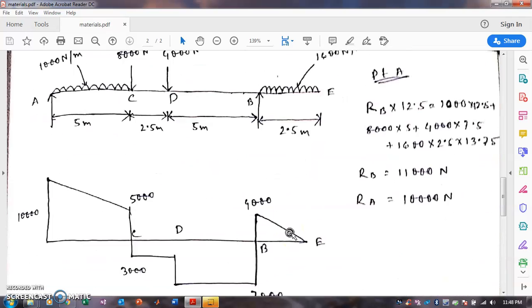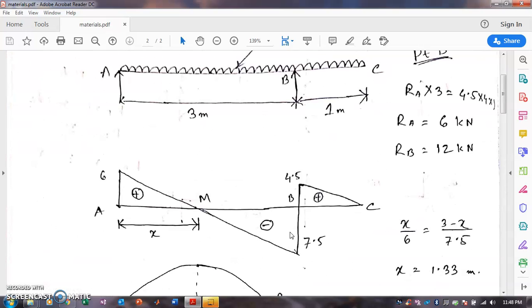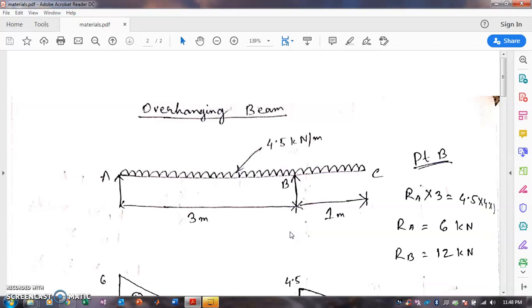So here we are just ending this chapter, and I am giving a simple problem on an overhanging beam. Just try to solve it and practice all the problems which I have discussed in the video, or which I have given as problems. I think from these few problems you can develop your skills and have a clear-cut idea to solve the various typical problems which generally come in the semester exam.